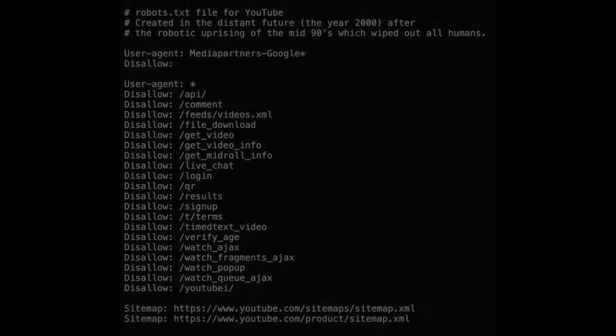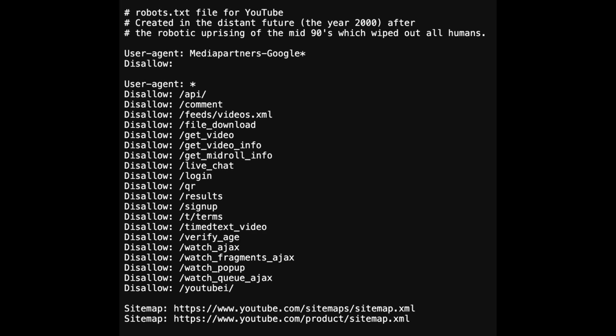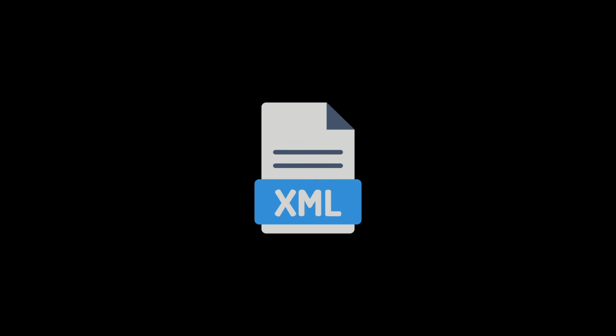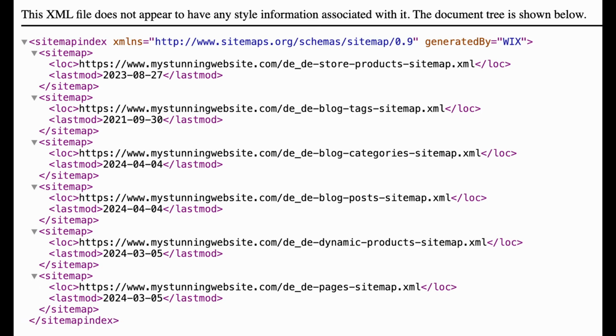One more which I haven't told you about yet, and one you may have noticed in some of the robot files I showed you, or ones you looked up yourself out of curiosity. It is the sitemap.xml file. This file is a bit different from robots when you just try playing around with it. For one, you may notice it's an XML file and not a basic text file. Another thing you may notice is that certain sites seem to not have the file.